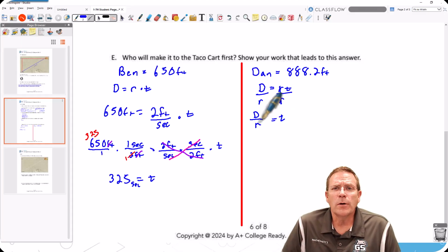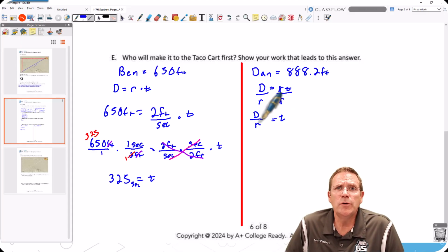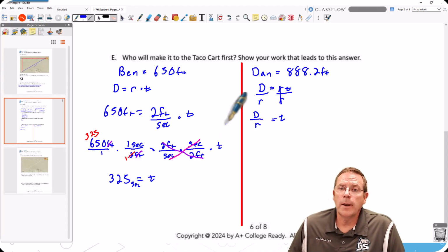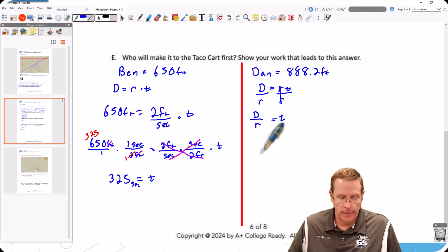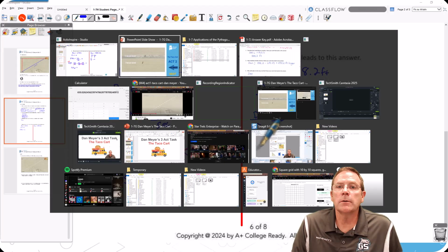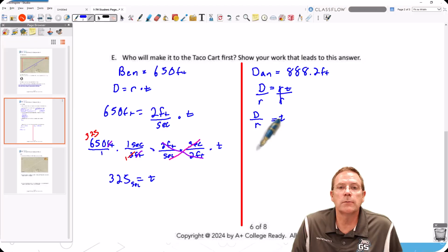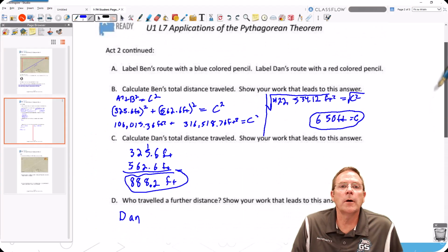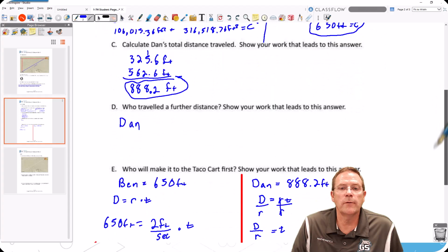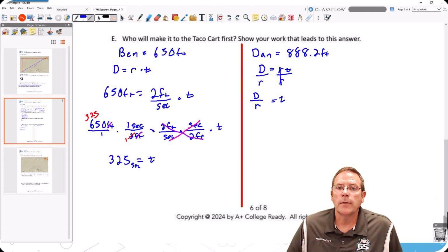Now that's important because Dan has 2 different rates that he travels. He has the rate that he travels on the sand plus the rate that he travels on the asphalt. So for Dan, we're going to take his first distance. Let's jump back over to, actually it should be up at the top of this page. If I can get it to scroll up, his first distance was 325.6 feet. So that's going to be 325.6 feet